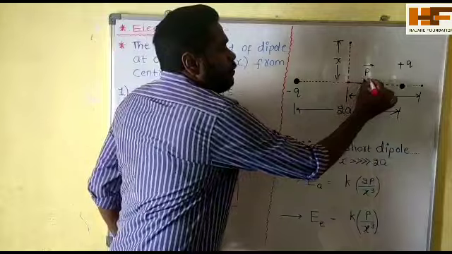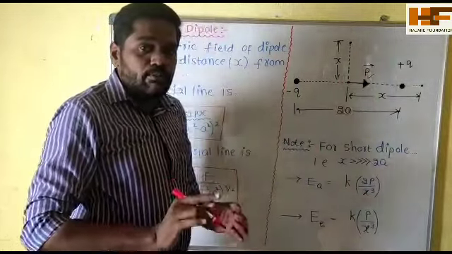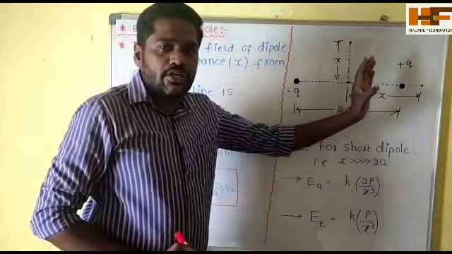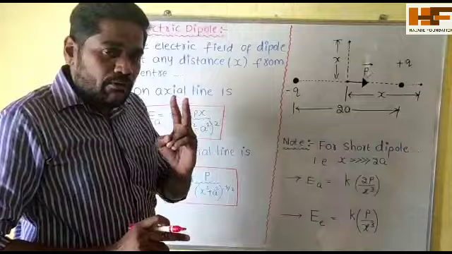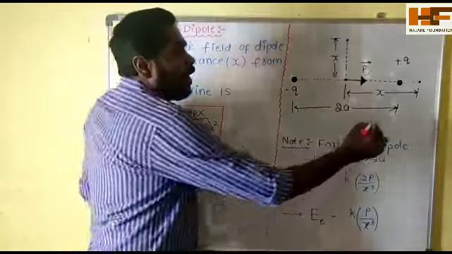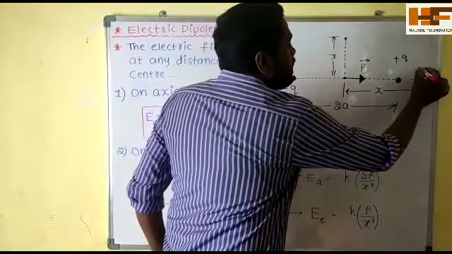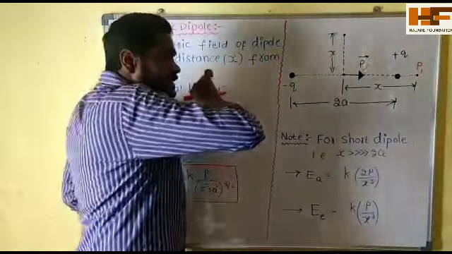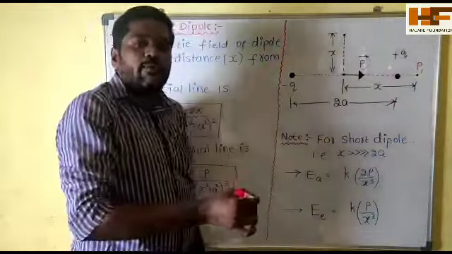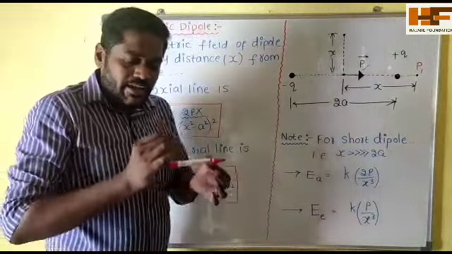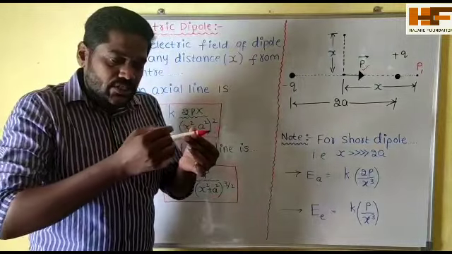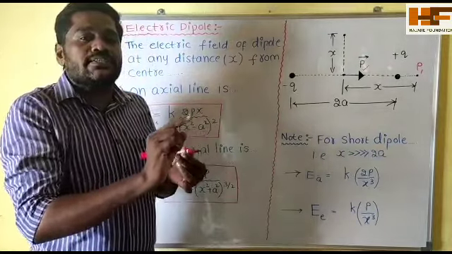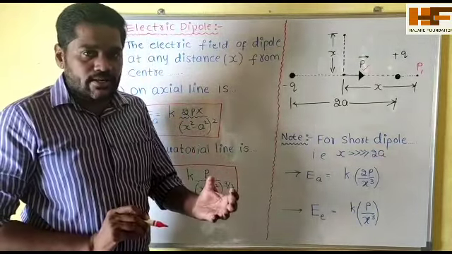And what is the dipole moment? P bar is the dipole moment; already we know its direction is always from the negative charge to the positive charge. So we have to take 2 points. One point I am taking, for example, is P1. Where is that point P1? That is on the axis of the dipole. What is the meaning of the axis of the dipole? A line passing through the line joining the two charges is called the axis line or axis of the dipole.